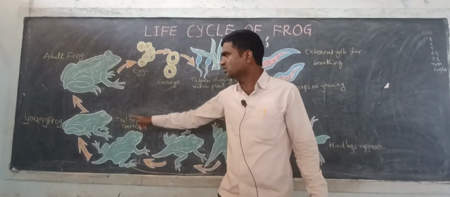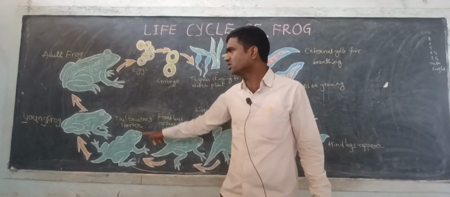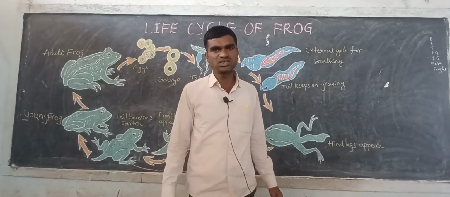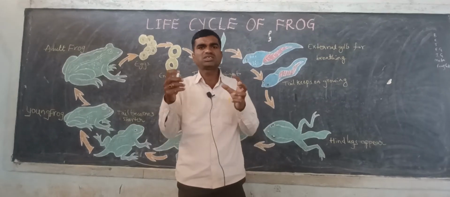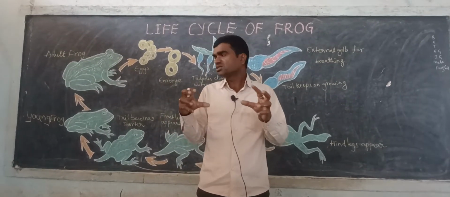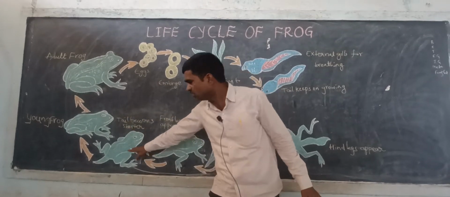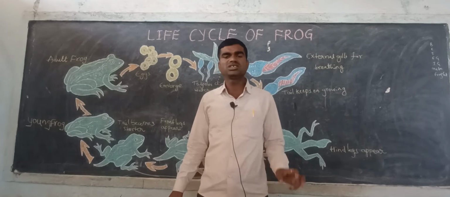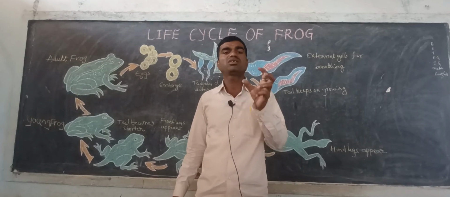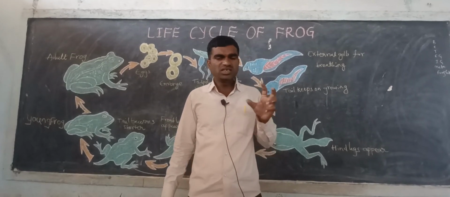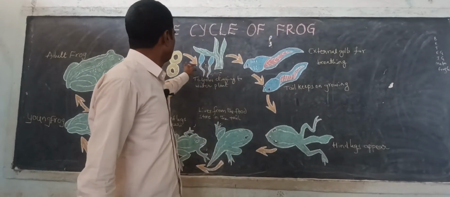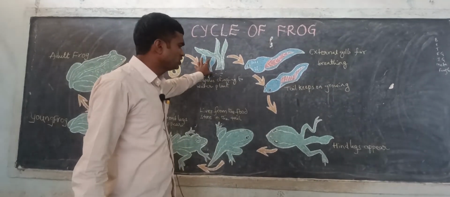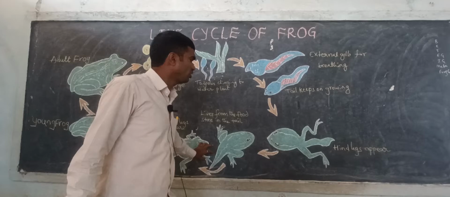Now what is forming here is a young frog. So that is called the froglet stage. The froglet stage is a somewhat frog-like structure. Here the tail is present, but in the froglet stage the tail is somewhat disappearing or reducing. In this process, from the tadpole stage to the froglet stage,